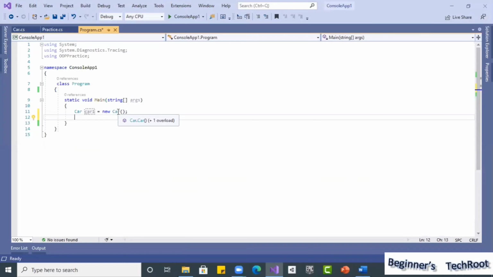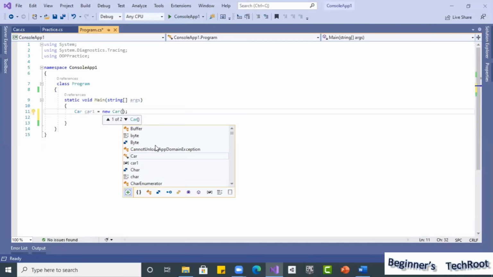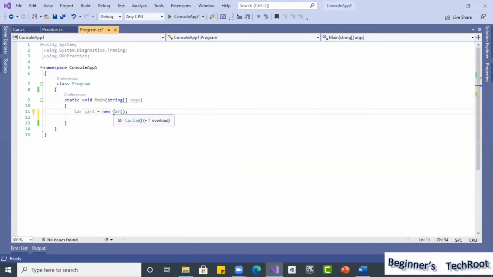So even no parameters is an instantiating constructor. And there is one additional. If you type the bracket here, see 1 of 2. If you press the down arrow, see 2 of 2, it will show like that. So that is the overloading. Similarly, here I use constructor overloading.